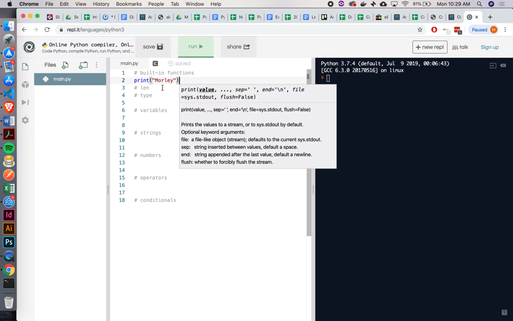So if you guys haven't noticed, I'm on this site, repl.it, and you can open up a, I don't want to say terminal, but you can open up a coding environment in a whole bunch of different coding languages. Okay, so here I've just opened one up in Python. So if I run this here,